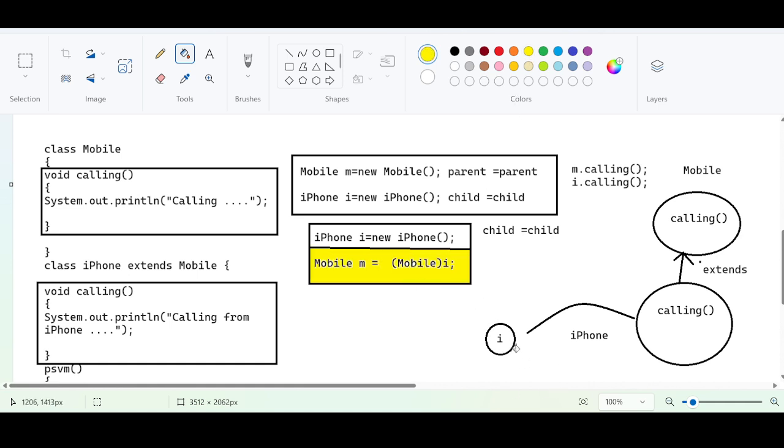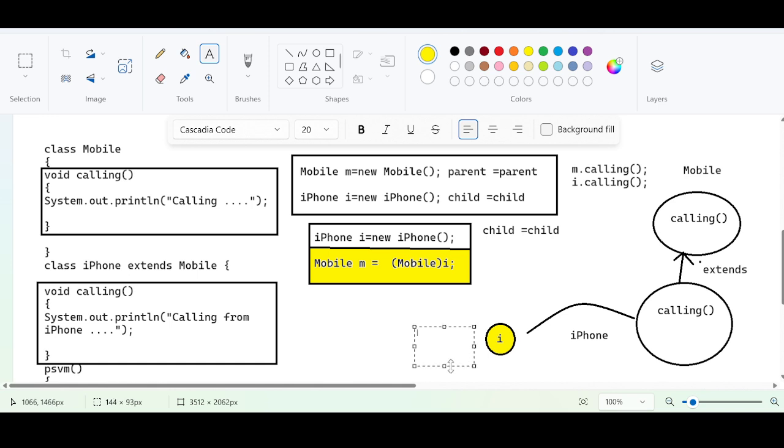What we are trying to achieve here is that this iPhone reference is typecasted to the parent class reference. What does it mean? Typecast the iPhone reference to the parent class reference.